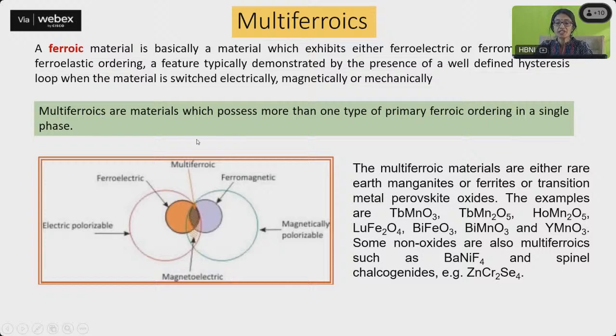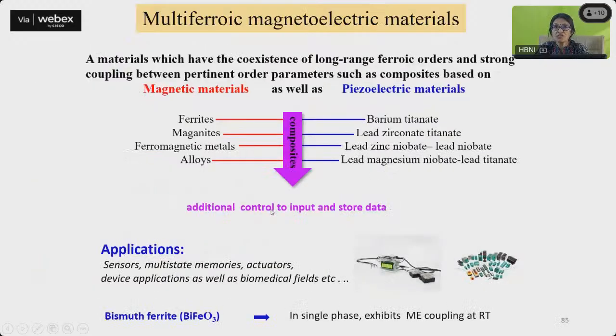So multiferroics are materials which possess more than one type of primary ferroic order in a single phase. They are either the rare earth magnetites or ferrites or transition metal perovskite oxides. Examples are TbMnO3, TbMn2O5, holmium manganate HoMn2O5, lutetium ferrite LuFe2O4. Bismuth ferrite is one of the most well-known examples of multiferroic materials, as is bismuth manganite. Some non-oxides are also multiferroics, like barium nickel fluoride and spinel chalcogenides like ZnCr2Se4. So these are all different kinds of